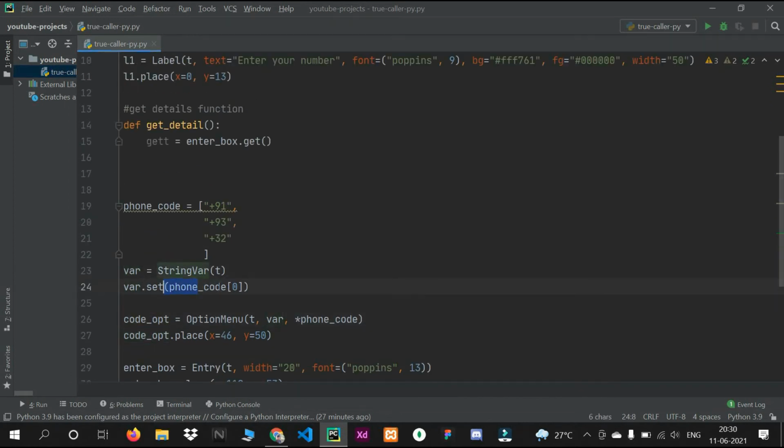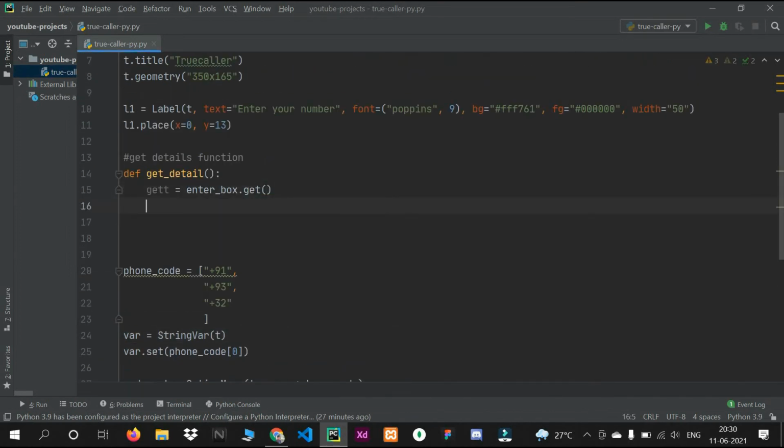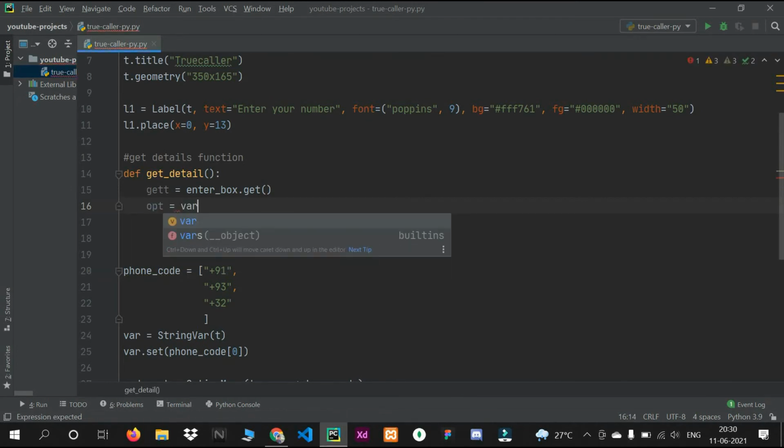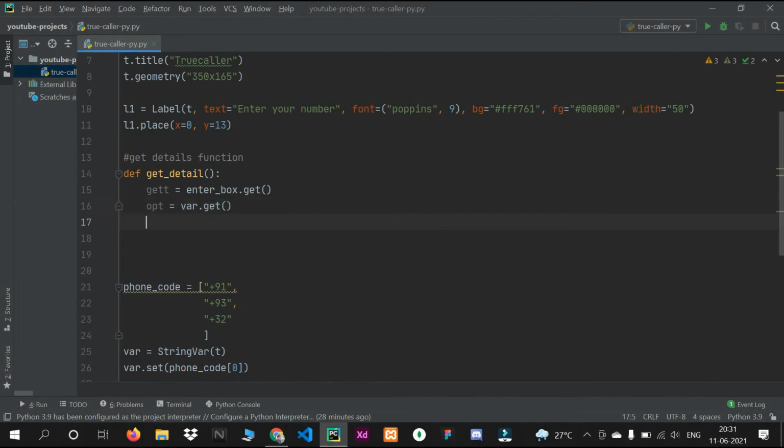We are setting that string to the phone code in that var, which is our object. So var is our variable, so we'll use var. I will write option is equal to var dot get. So we are getting the numbers the user enters and the phone codes. The next step is, after getting them, we have to display that.